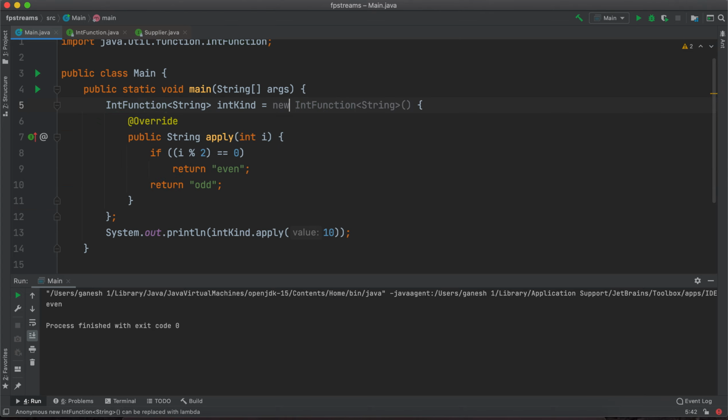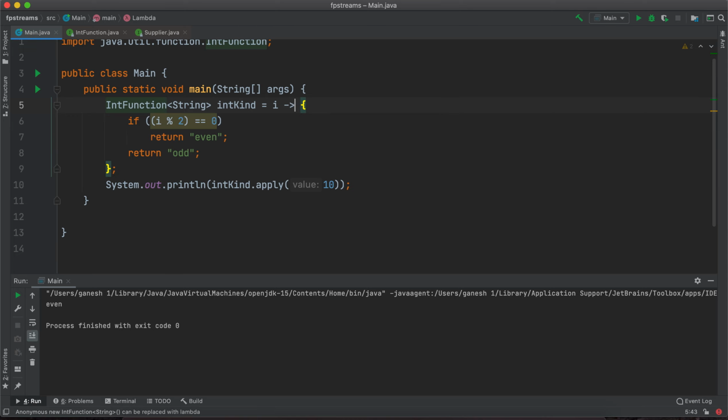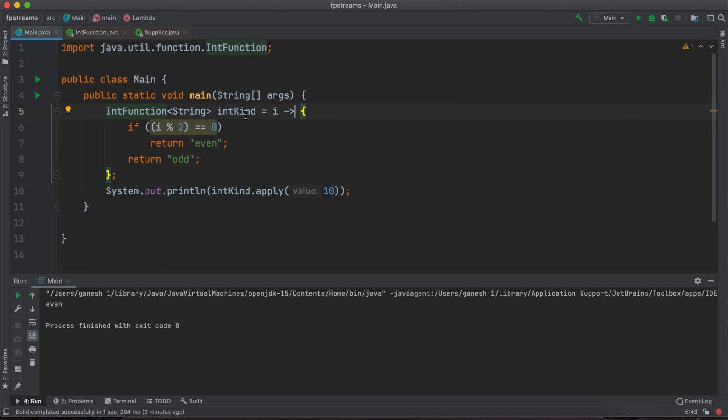You can think of it as a very simplified version of anonymous inner classes, though it's not technically correct, because lambdas are not just syntactic sugar, it's a proper language feature, but it helps with our earlier understanding of how anonymous inner classes work. So if you have an anonymous inner class in which you have only one method, you can convert it to a lambda like this, and you can get it back.